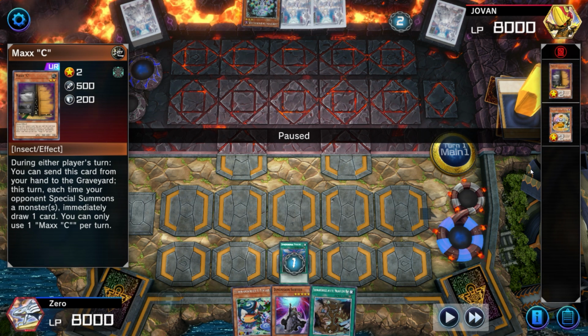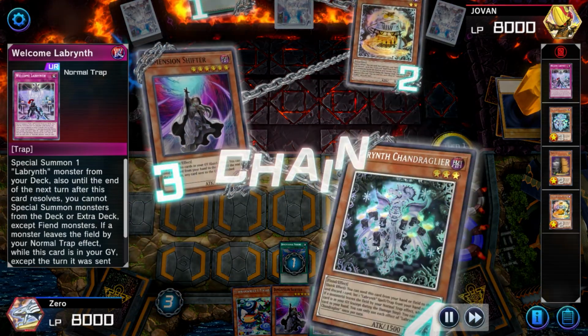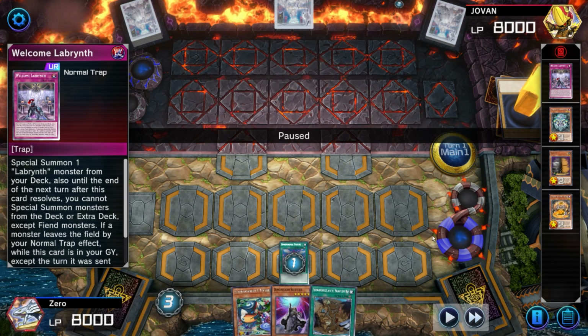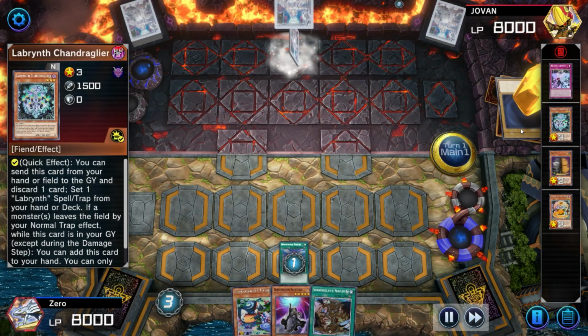So on the same chain link, before anything resolves, they will not get banished. Even though I chained Shifter here, the opponent again chained Chandelier, which again does not get banished because nothing has resolved to banish cards yet. So they're able to get their furniture in the graveyard, which is actually pretty strong, as well as a Welcome